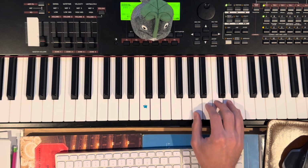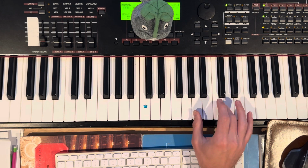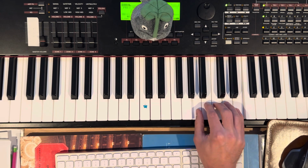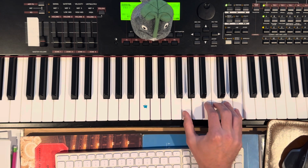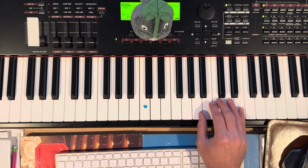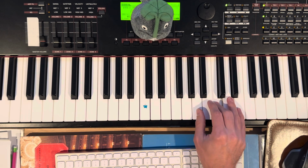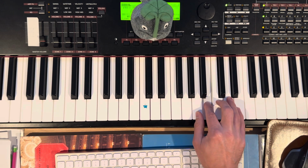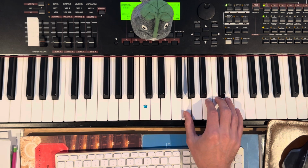So now we're going to play in a different position. Put your 3rd finger on C, and your other fingers kind of fall beside, and your thumb's going to be going between G and A like this. So we're going to start with C, A, back to C, then B with your second finger, C, B, open your thumb up and play G, and then the next part,